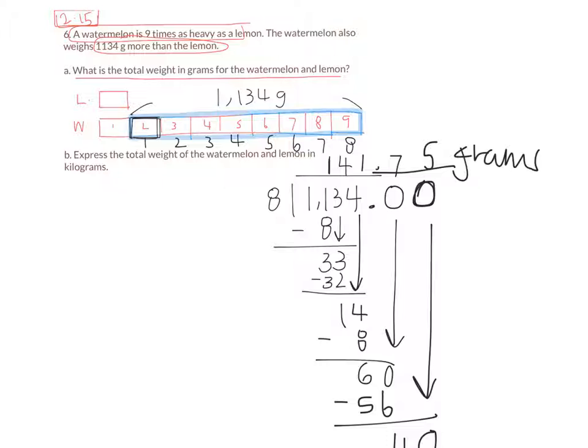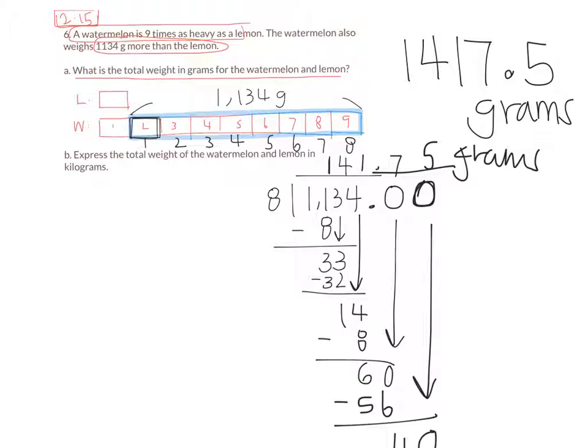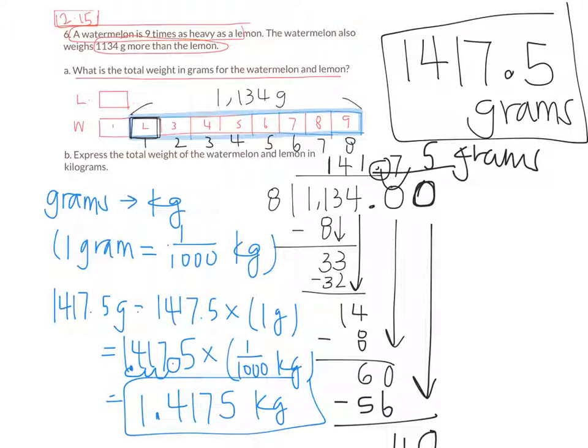So if I take 141.75 times 10, what do I get? 1,417.5 grams. Because do you see how then we would just move the decimal point one spot over? Okay, very good. Now part B of the question asks you to find that weight but express it in